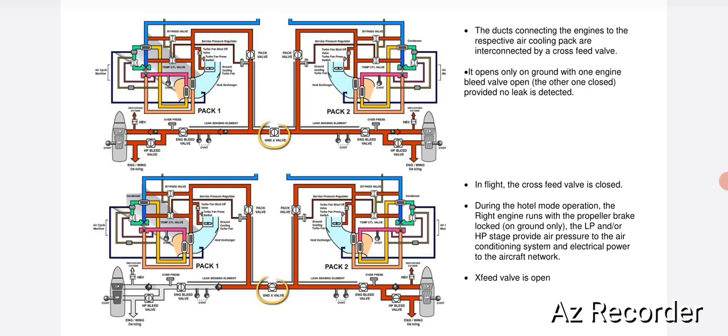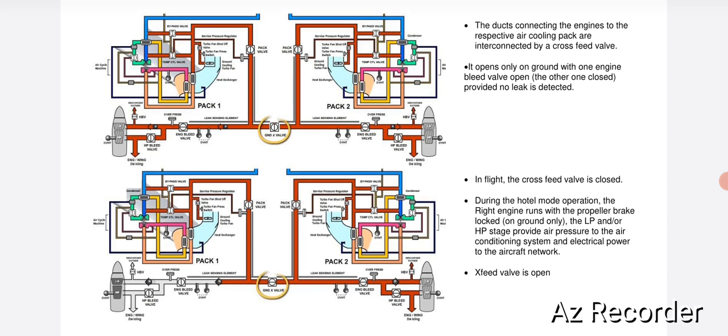During hotel mode, the RH engine, low pressure stage or high pressure stage, provides air pressure to the air conditioning system and electrical power to the aircraft. That is, the air is bled from the LP stage or HP stage of the compressor for the air conditioning system and various other reasons like de-icing, and the hotel mode, that is the one engine running with propeller brakes on,